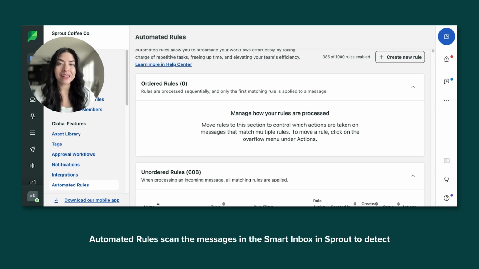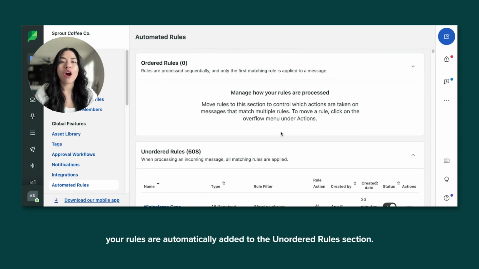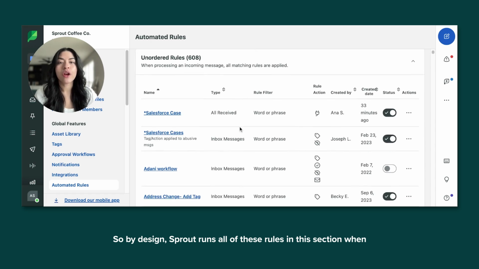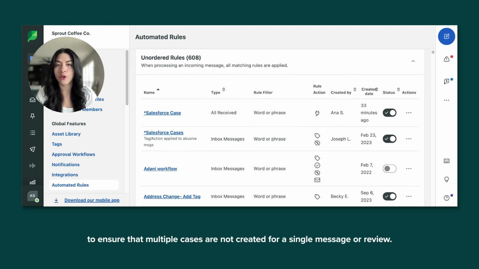Automated rules scan the messages in the smart inbox in Sprout to detect certain parameters you set when creating your auto rule. Once you establish the criteria and enable your automated rules, your rules are automatically added to the unordered rules section. So by design, Sprout runs all of these rules in this section when a message or review matches the criteria of 2 or more rules. However, Sprout automatically deduplicates the send to Salesforce action to ensure that multiple cases are not created for a single